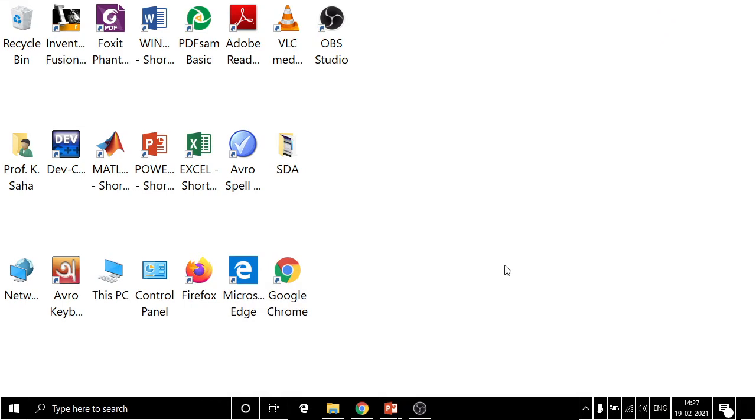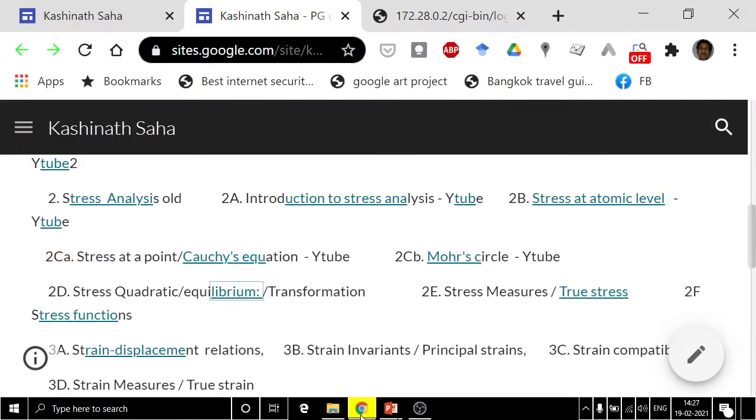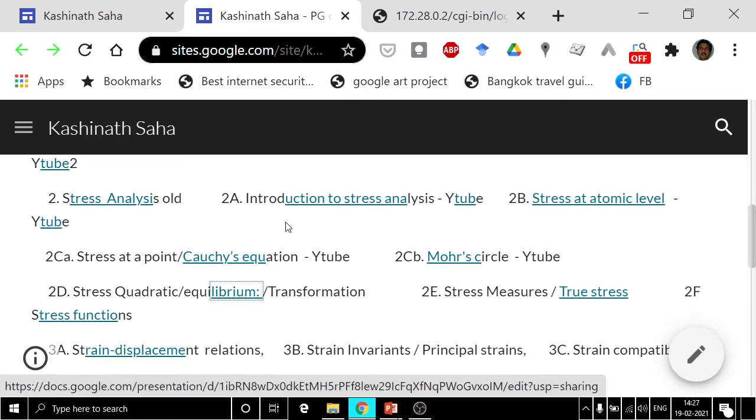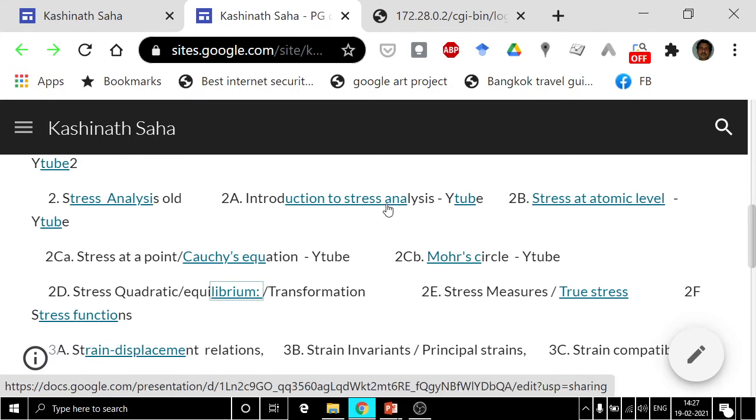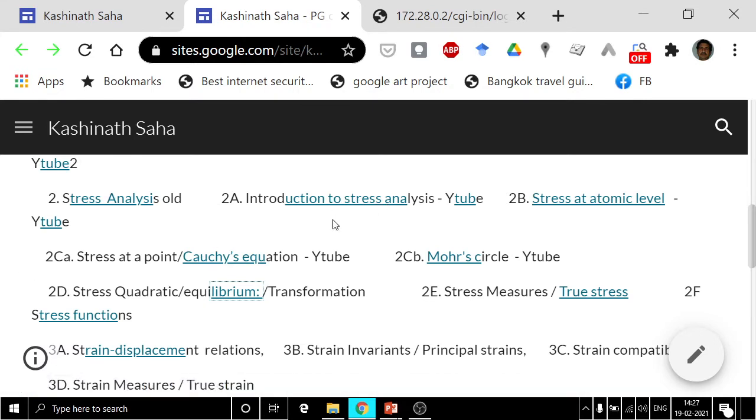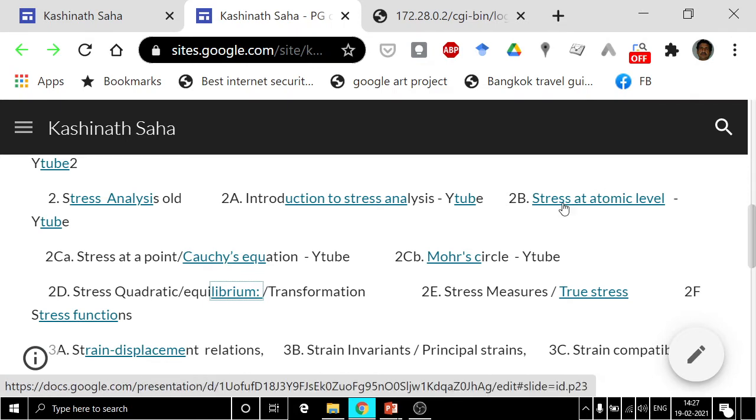So today we will be discussing Mohr's circle first. Right now we are discussing stress analysis. We have introduced the concept of stress. Then this was the introductory part. What is the content of this stress analysis we discussed here? Then the stress, where from it is coming, the multiscale modeling starting from atomic level, that also we discussed.